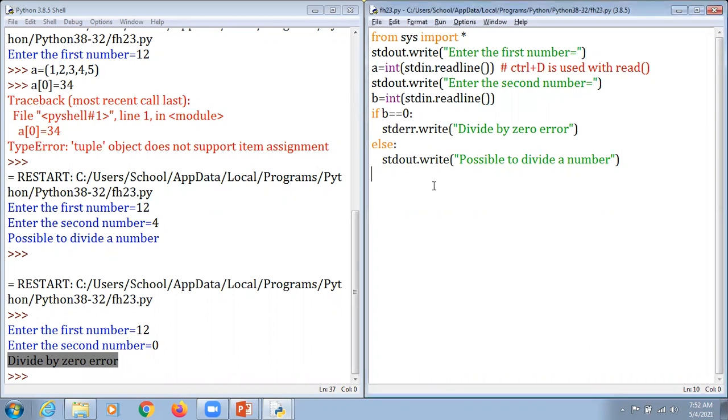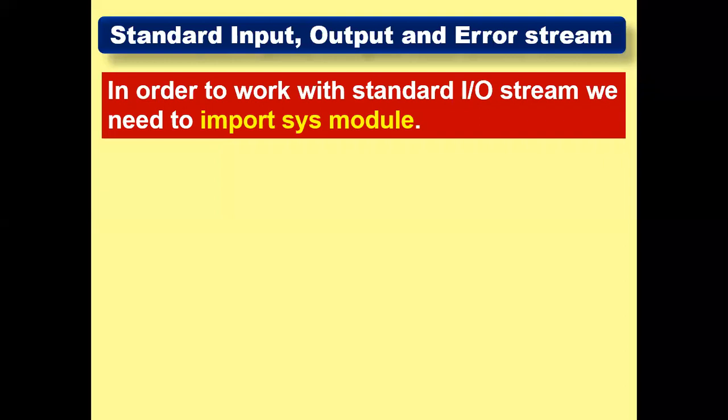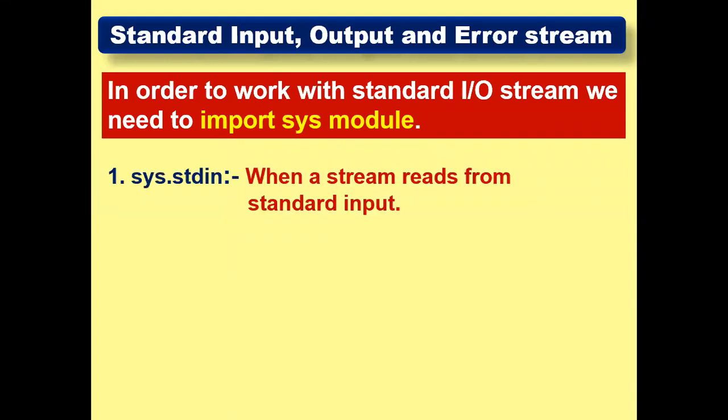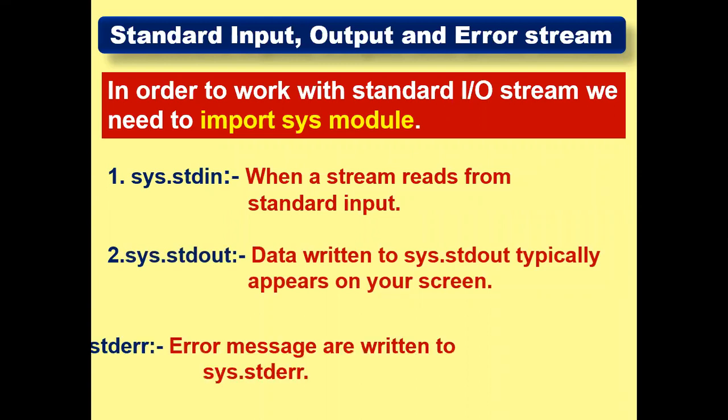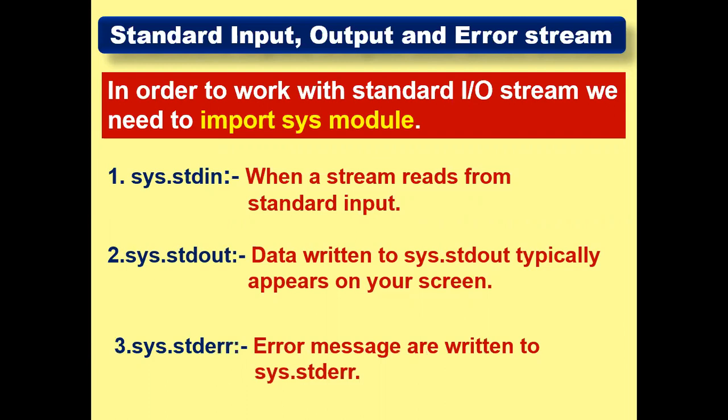Okay, I just want to proceed further, my dear respected students. What is the meaning of STD in? When a stream reads from an input, it is standard input; out means when we are going to display the data on the screen. And when we talk about STD error, it is when we are supposed to display any kind of error on the screen, then we are using sys.stderr. Why are we not writing sys in our practical demonstration? Because we are importing a module in such a way that there is no need to write the name of that particular module again and again.